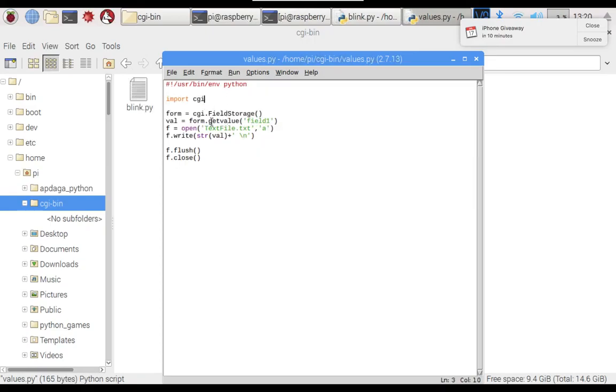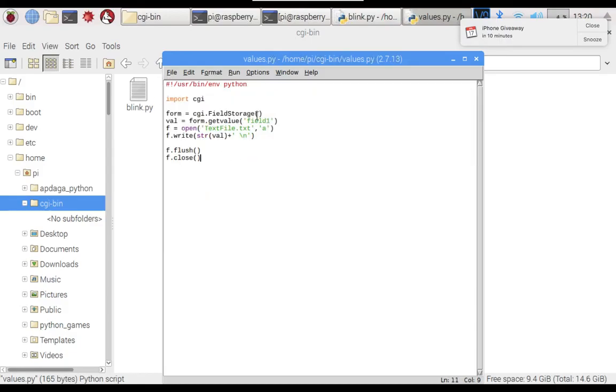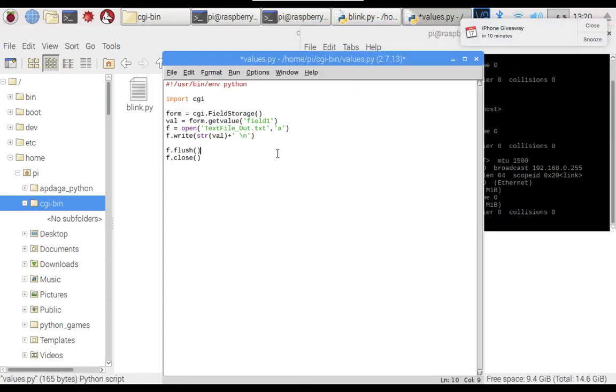Here I'll show you one more demo in this video only. See, this is just a simple script. Here what is happening, I'll collect data from the browser. Whenever I hit one link, that data will be collected and stored in one file. That file will be a text file. I'll change the name, out.txt. Okay, so I'll save it.